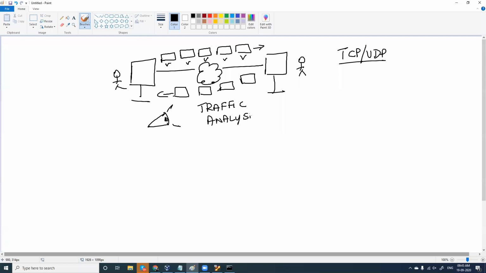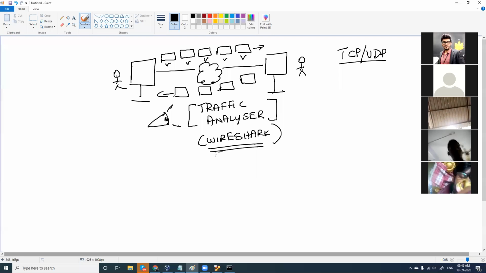We have traffic analyzer tools like Wireshark, which is again one of the most important tools when it comes to networking. For exploitation, we have so many tools in Kali Linux, but the tools we are seeing are based on the syllabus we have framed. We are seeing the tools used for networking and network security. We have a topic called network traffic analysis, which can be done with Wireshark, the number one tool for looking at packets like this.